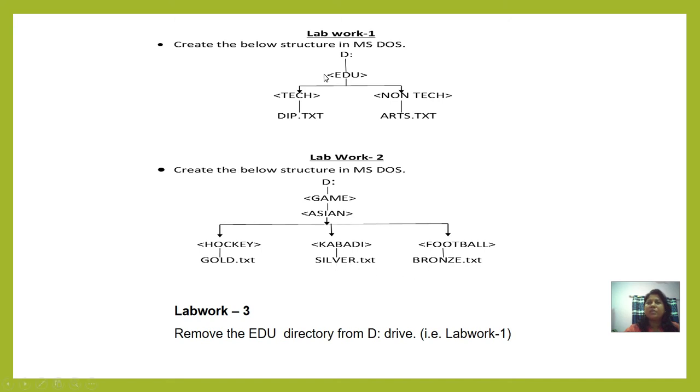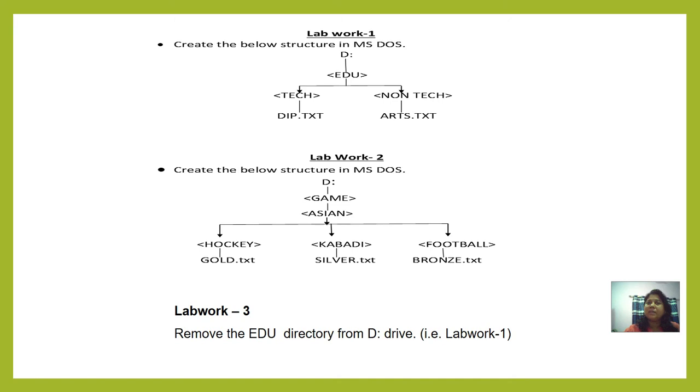So the difference between lab work 1 and 2 is what? Here one directory is divided into 2 subdirectories, whereas there are many subdirectories along with the files. After creating all these, as we know, we have to create the directories by using the md and cd commands. md is make directory, cd is change directory, and you also have to use the back concept.